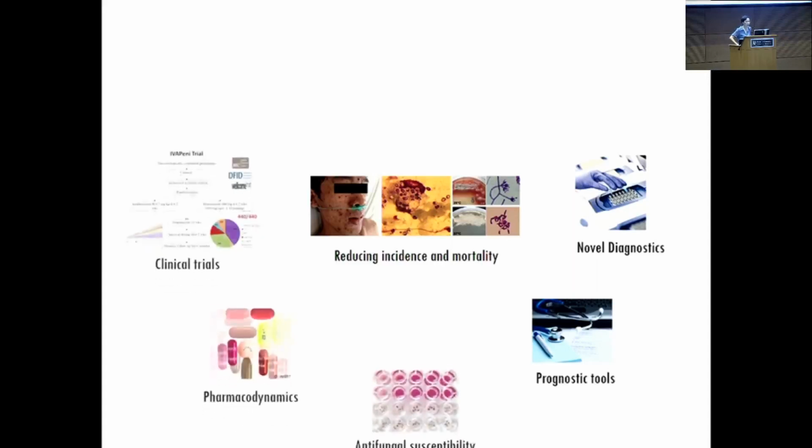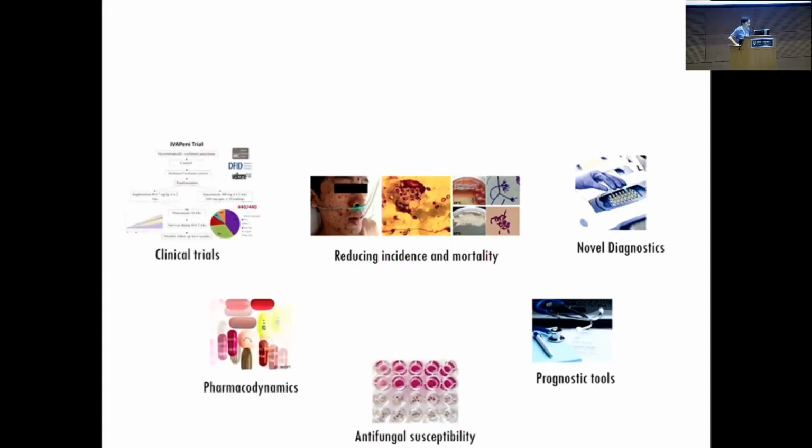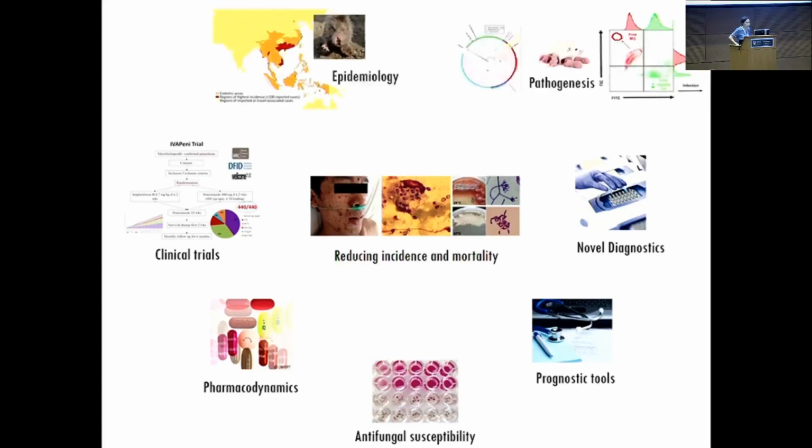So in terms of research, I focus on reducing incidence and mortality, and we do this by developing novel diagnostics, developing prognostic tools, clinical trials, incorporating understanding of drug-resistant antifungal susceptibility testing, and understanding pharmacokinetics and pharmacodynamics. We try to eventually prevent disease from developing, and that is with epidemiology and understanding pathogenesis. These are all areas that I have the ambition to tackle, and pathogenesis is certainly a reason why